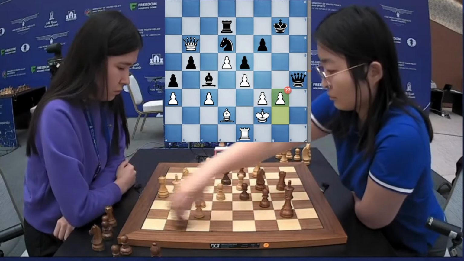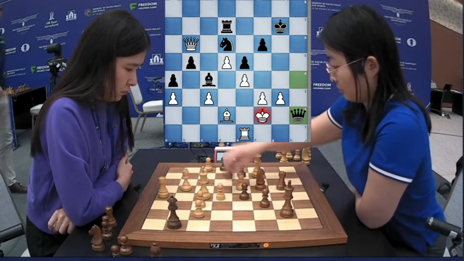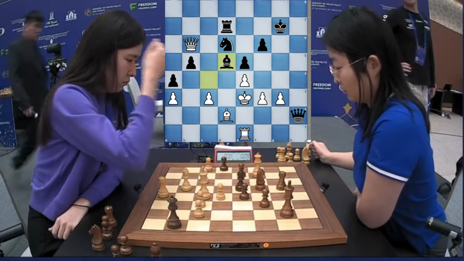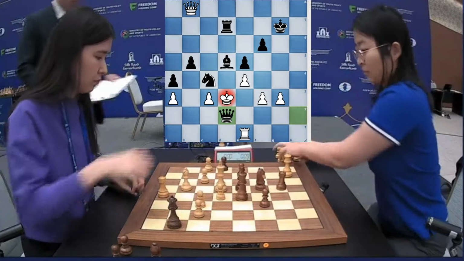After check, pawn push to g3 is a blunder because there is mate in 4 now after check. Now she resigns because after the following moves, it's a checkmate on the